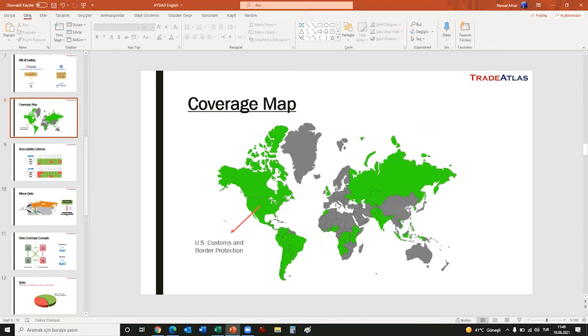Asia, except China, and you can see Australia and Japan are excluded. So the green countries are releasing their foreign trade data at company level. So we can directly see these in our